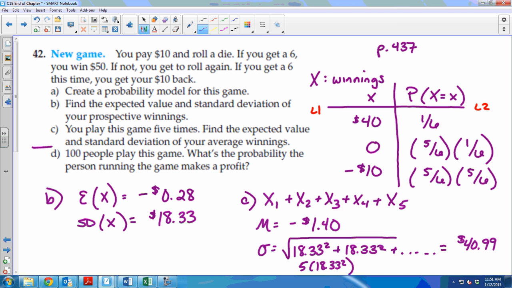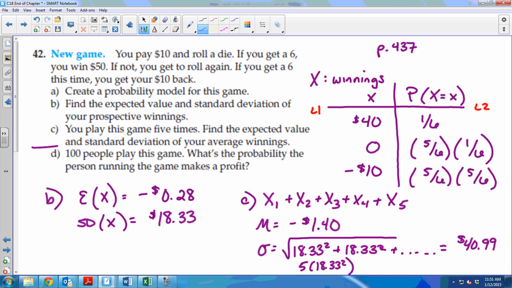So A, B, and C have nothing to do with what we learned in this chapter. That's okay. It's good to remember that other things are happening, because remember on the AP exam, they're not going to separate it all by section. They're not going to say, you remember in chapter 15 of your textbook,